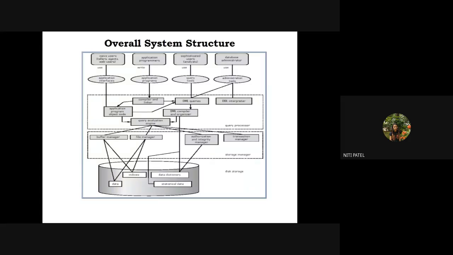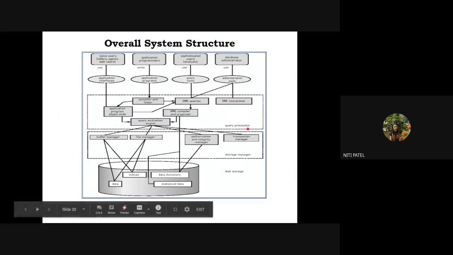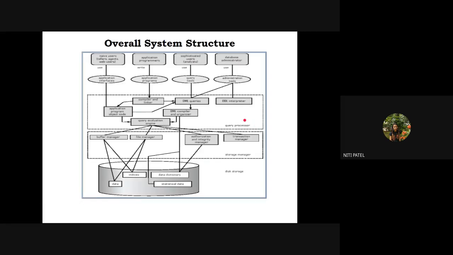Therefore, what is the full form of SQL? Structured query language. So we as a user give a query to the system. The system will execute that query and give the output to the user. Okay, therefore it is named structured query language. So a very important part of this entire database is the query processor. Okay, what are the parts of this query processor? Let us first see.